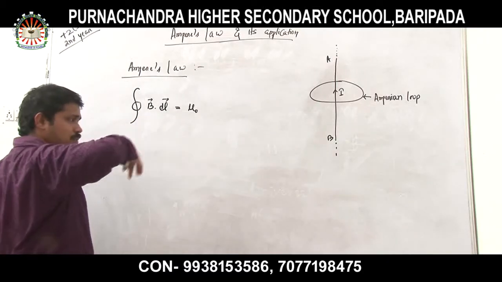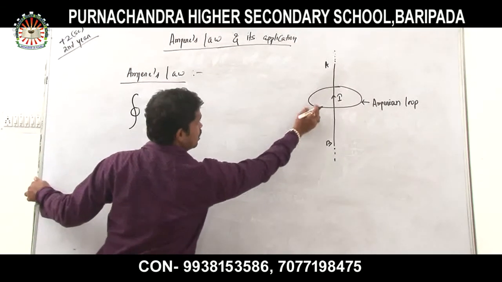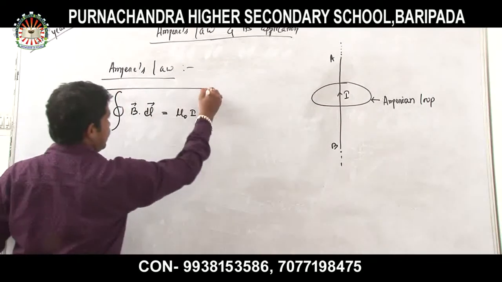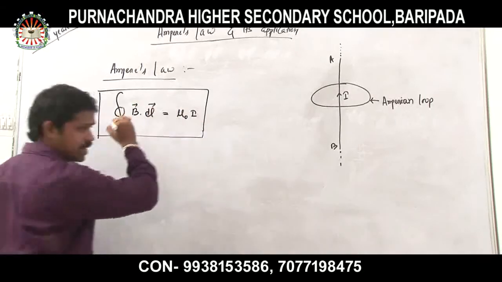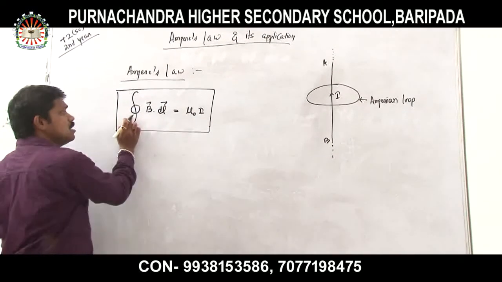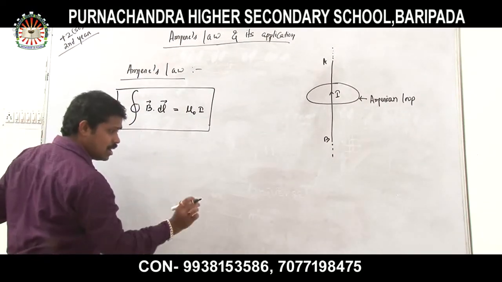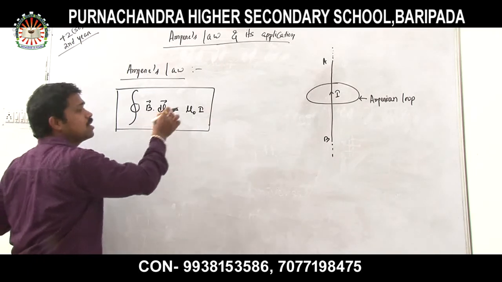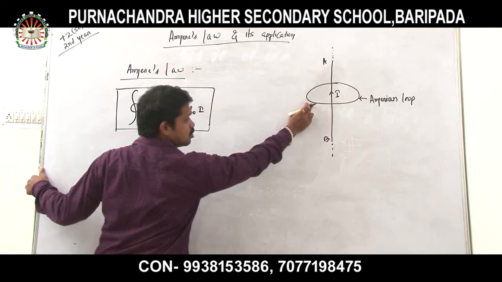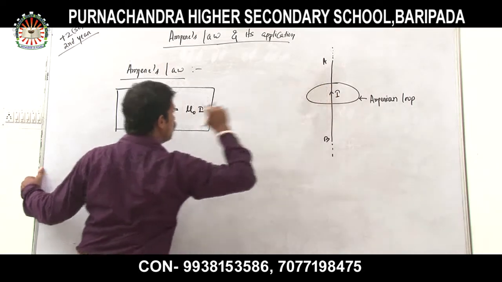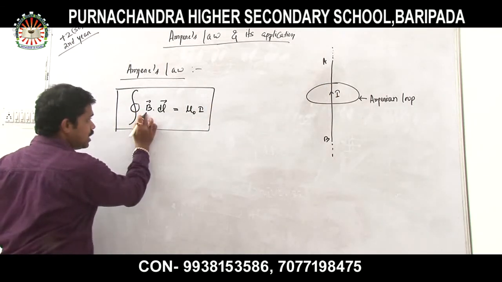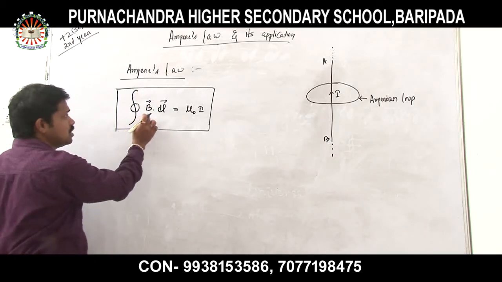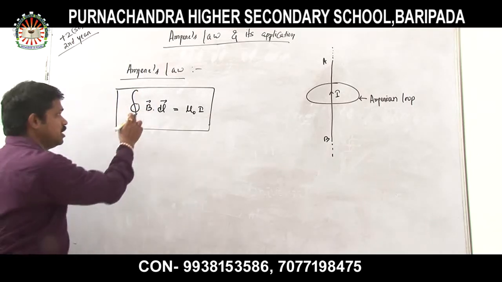So what is the total current enclosed by that loop? This is my mathematical statement of Ampere's law. Very simple. Again I will repeat. That is the line integral. Line integral means integration over a line, but that line must be a closed loop. As you look at the figure, this is the closed loop. So the line integral of magnetic field over a closed loop, that is closed integration over B dot dl,